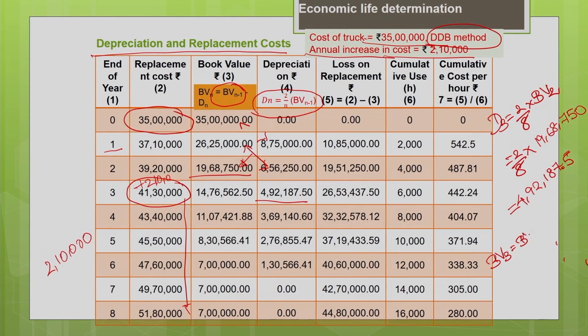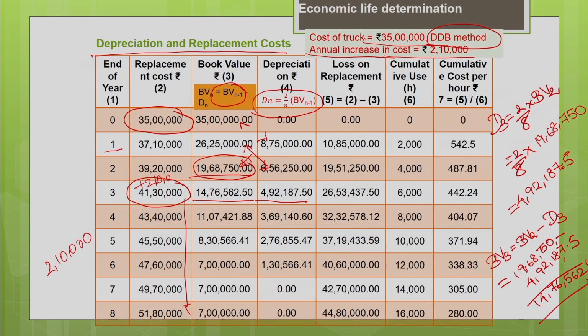Okay. Now, you calculate the book value at the end of third year. It is nothing but book value at the end of second year minus depreciation for the third year. So, what is the book value at the end of the second year? At the end of second year it is 19 lakh 68,750, minus depreciation for the third year, 4 lakh 92,187.5. So, if you subtract both, you will get the book value for the third year as 14 lakh